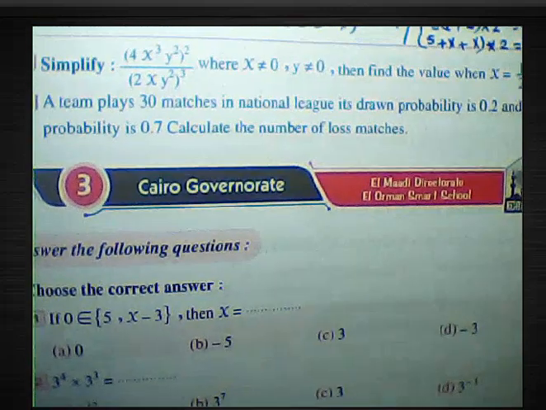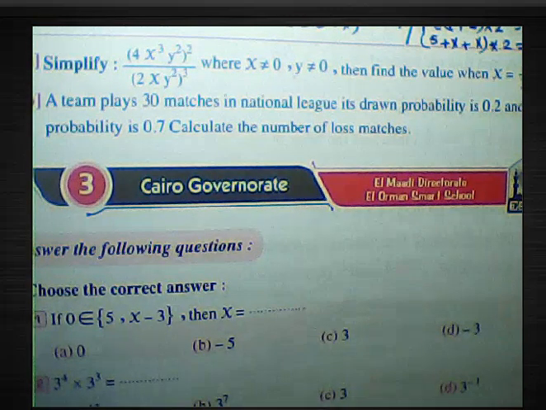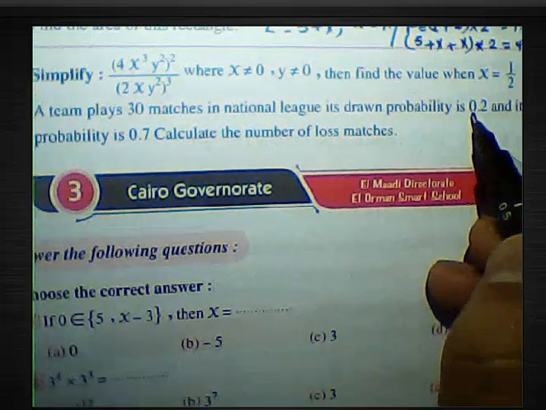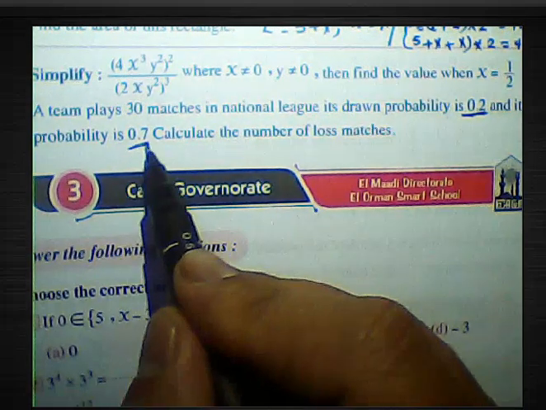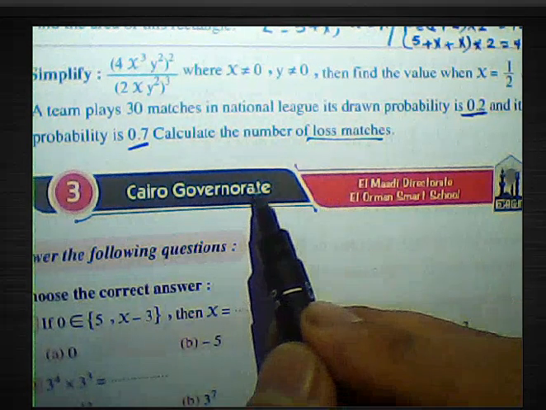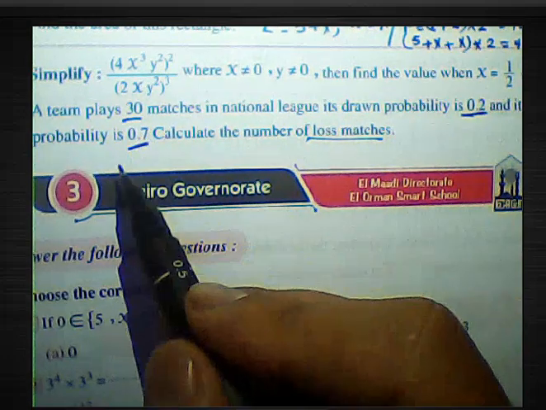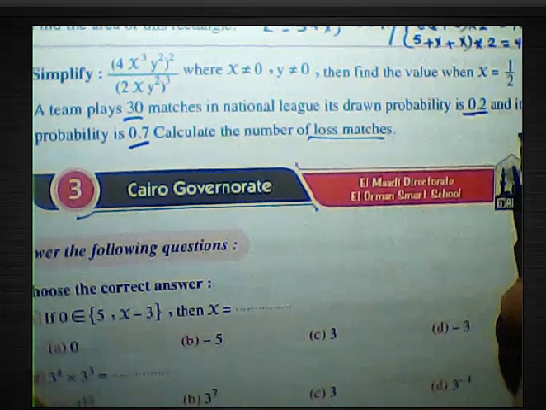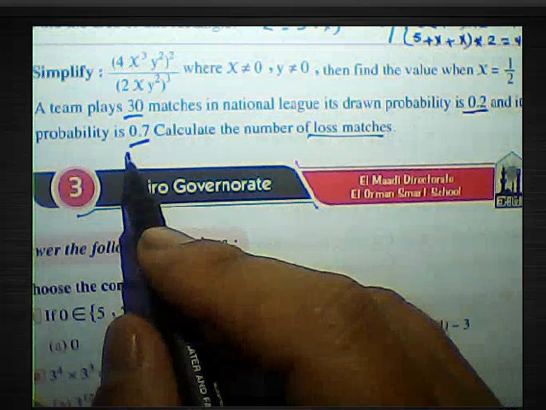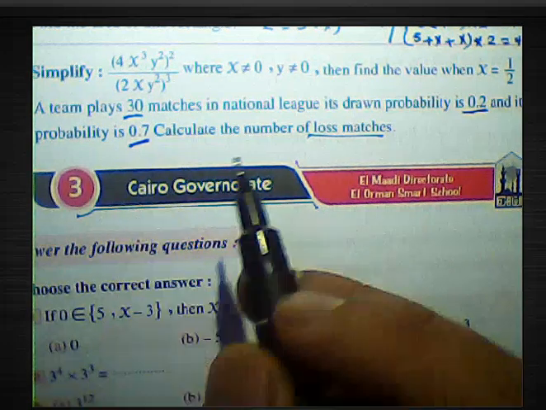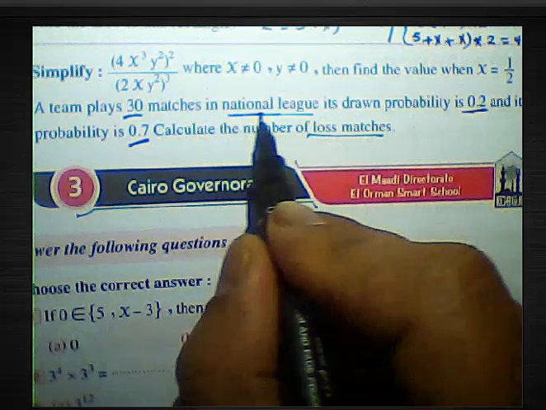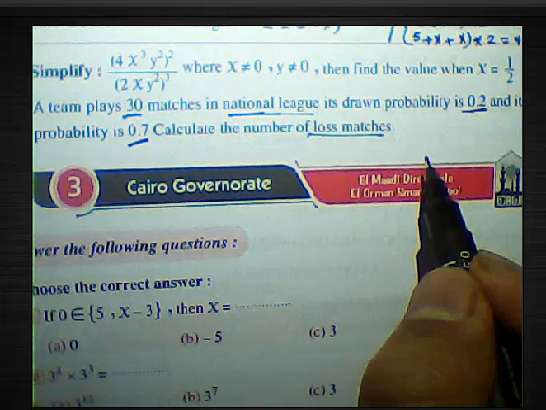Look at another question here. A team plays 30 matches in the National League. Drawn probability 0.2 and its win probability 0.7. Calculate the number of lost matches. Okay, he asked about 30 matches. The team plays 30 matches and they are drawing with probability 0.2, and the win